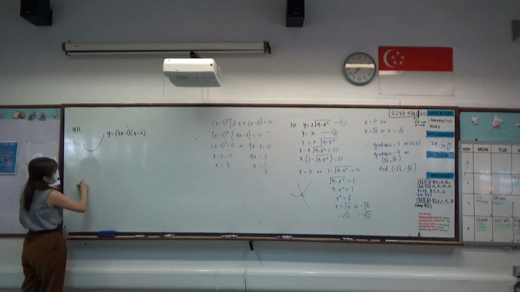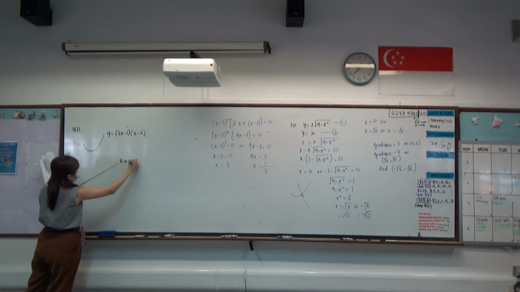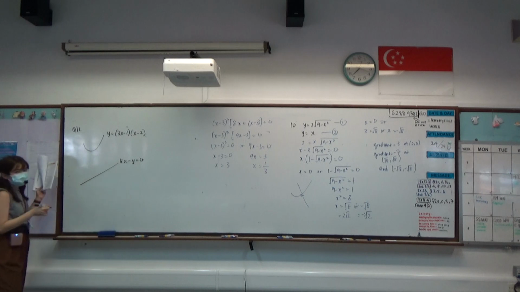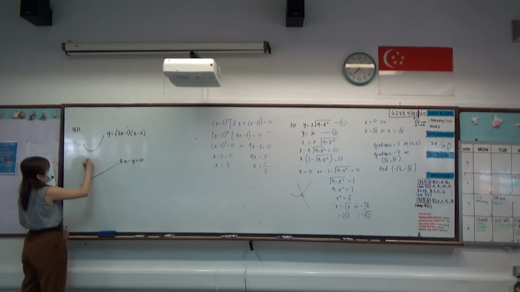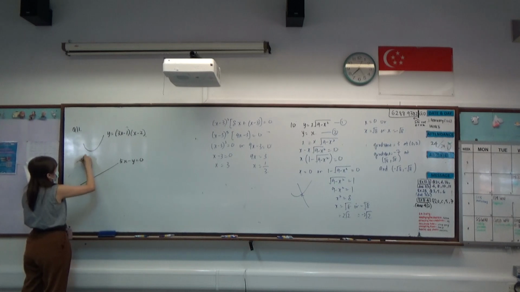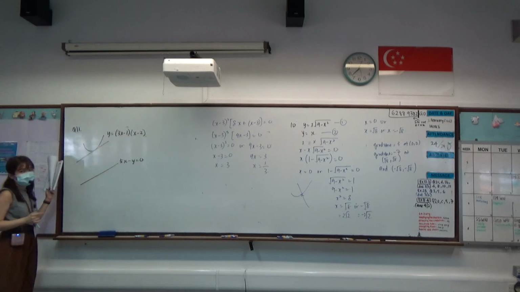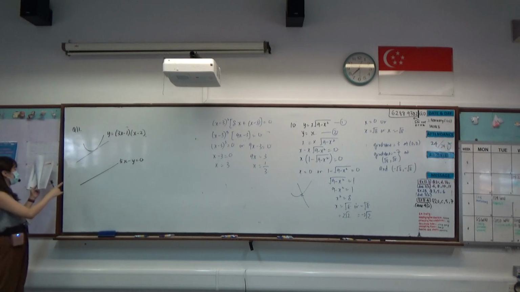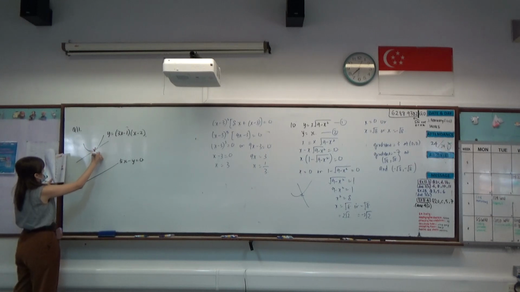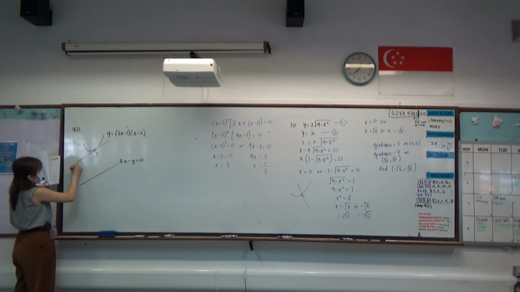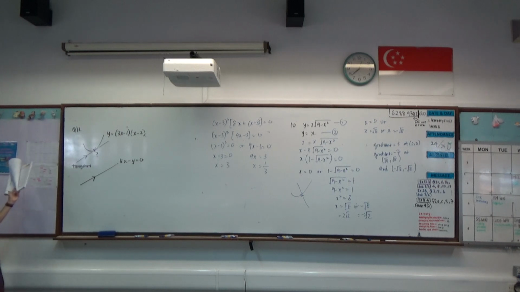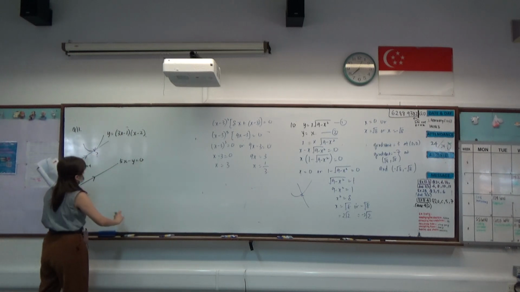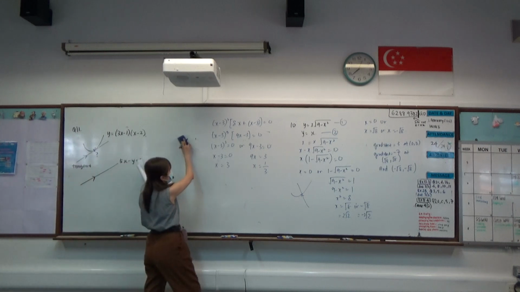So, let's say this is the line 5x minus y equals to 0. And I want to find tangents that are parallel to this. So, parallel means that I need to have one line that's like that. So I want to find out what this point is such that I can have a tangent parallel to 5x minus y equals to 0. So upon looking at this diagram,